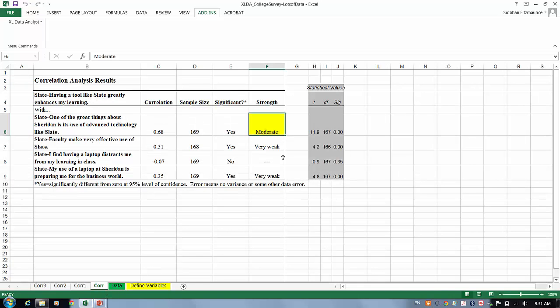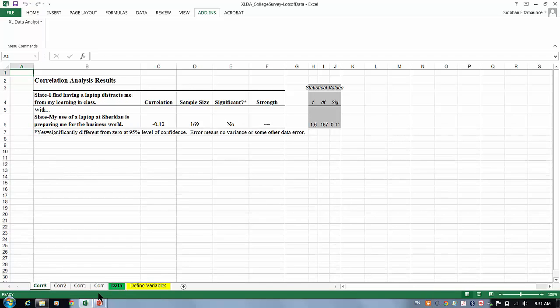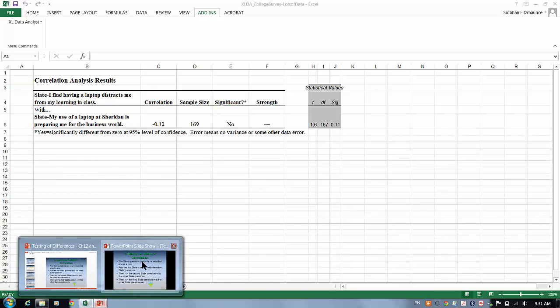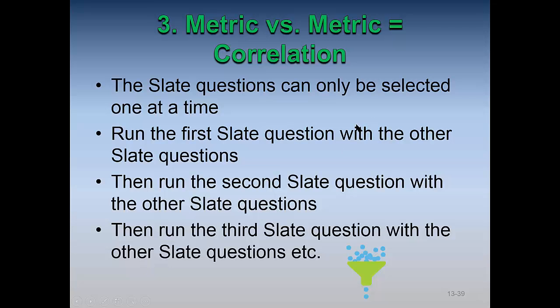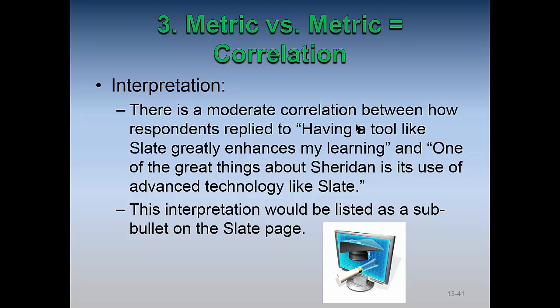So what we have here is one moderate, and I believe that's it. So let's have a look at the presentation. So what we found, the results were one moderate, and that's it. So the only thing that you have to report is there is one moderate correlation between how